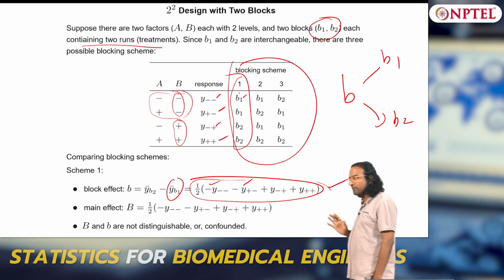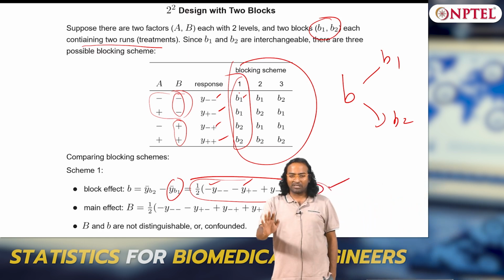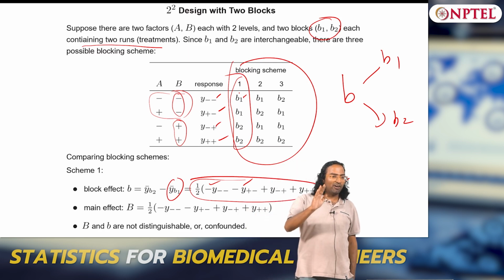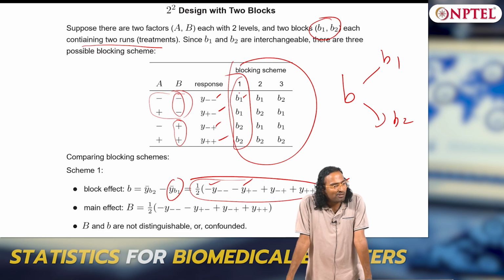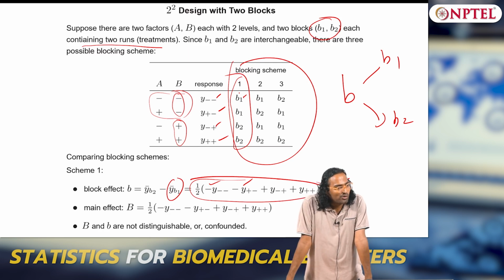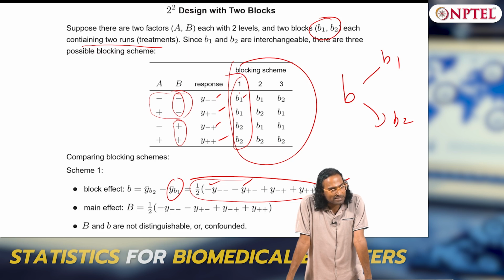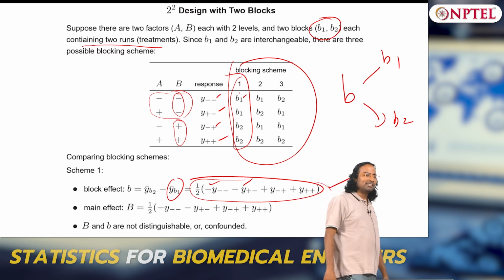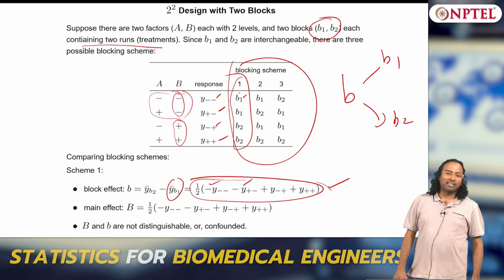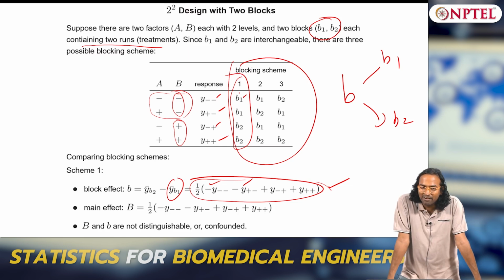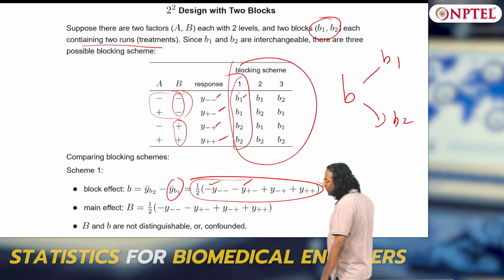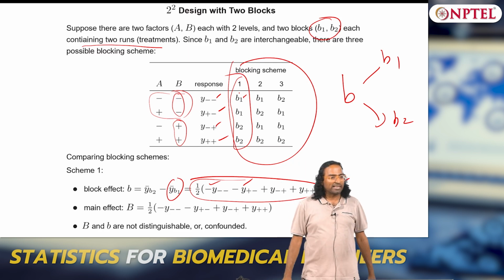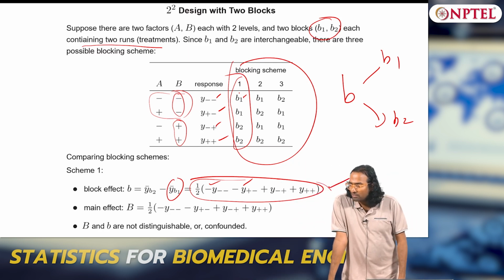When you do a lesser number of experiments, you are going to sacrifice something, and trust me, in practice you will always, or most often, have confounding, because there are too many factors, especially in biomedical, and you cannot cover all of them. Therefore confounding is invariable. Understood? So far we have never touched upon confounding. We had clean one way, two way, all this RCBD, everything nice. That is why it is called randomized complete block design.